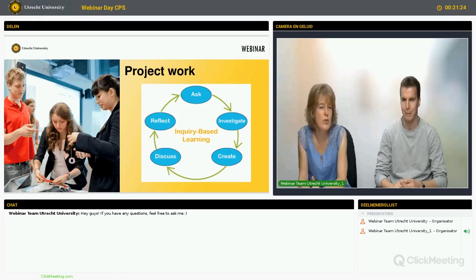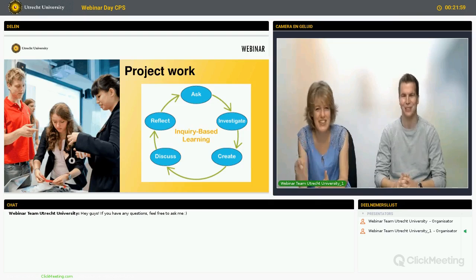Then you will investigate what is already known, like you go into the literature and find out what is known. This way you will create new knowledge. You can go into the literature, we can also do experiments, and in this way you create new knowledge. You will discuss this knowledge either in a written report or in a presentation or something else, and then you will evaluate what you learned. And actually, answering a question usually leads to a lot of new questions, right? So the circle will continue.